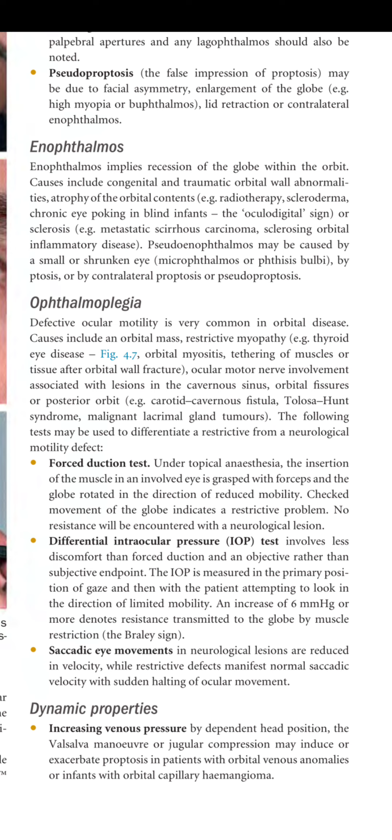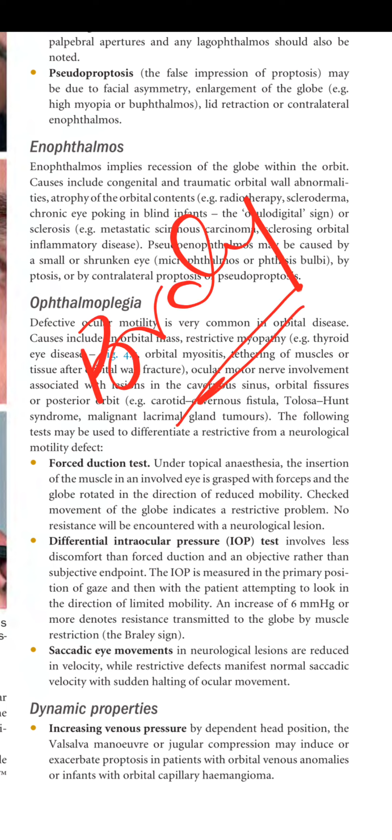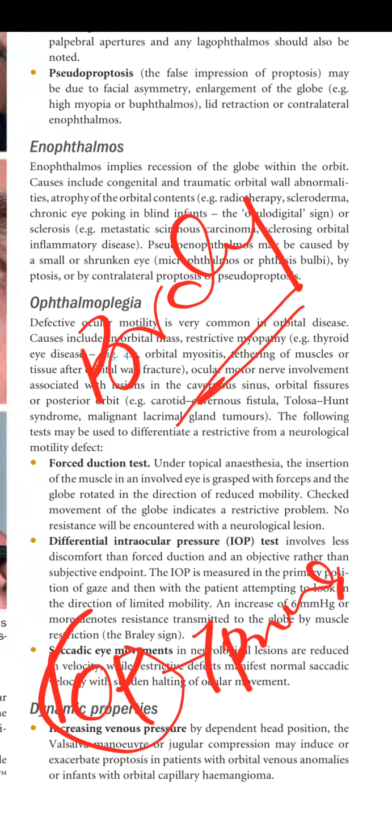Differential IOP test, which is also known as a Braille sign. What is a Braille sign? Basically, you take the IOP of an eye in the primary gaze position, and after that you ask the patient to look in the direction of the restrictive eye